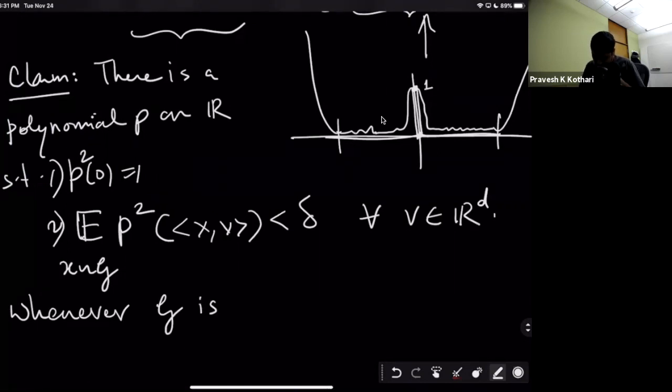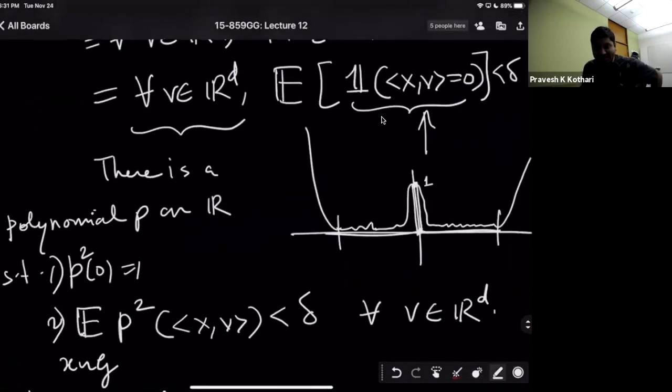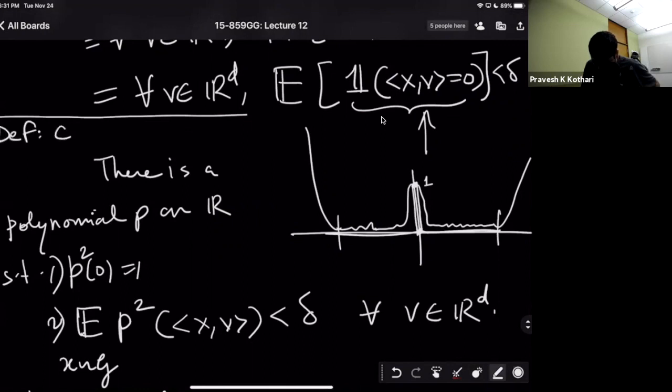What should I do? Okay, okay. Sorry, I'm just trying to find the cleanest way where I can somehow do this without making multiple definitions. So let's make this a definition, and let's call this certifiable anti-concentration.